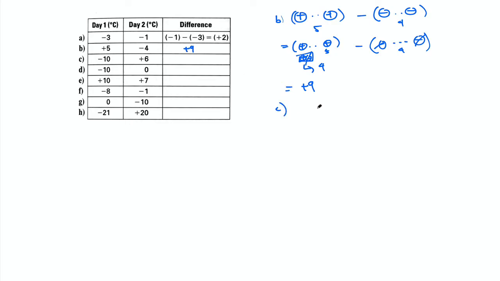For C, okay, we have minus 10, right? So that's 10 negative counters. And we want to take away 6 positive counters. Okay. Again, we don't have any positive counters, but we want to take away 6 of them, meaning, right, we have our 10, but we need to add 0 counters, but we'll have to add 6 of them, right? That way,